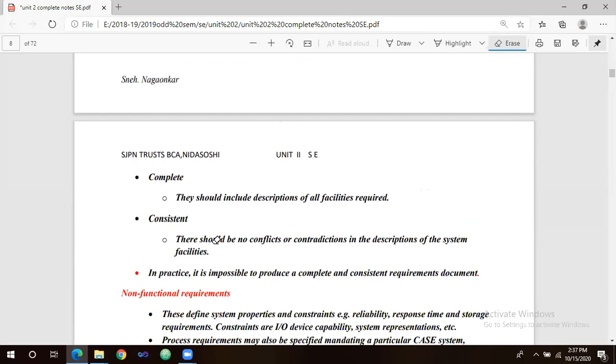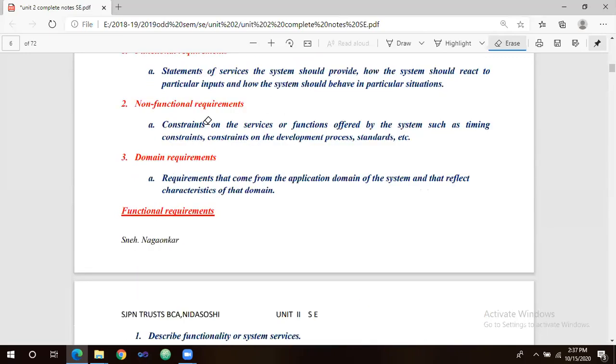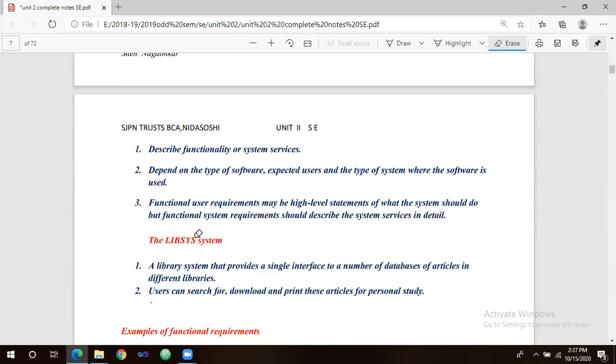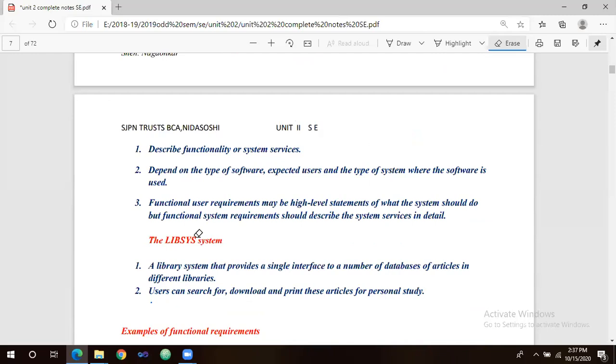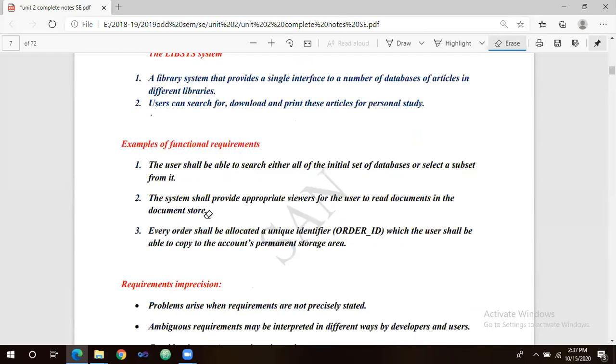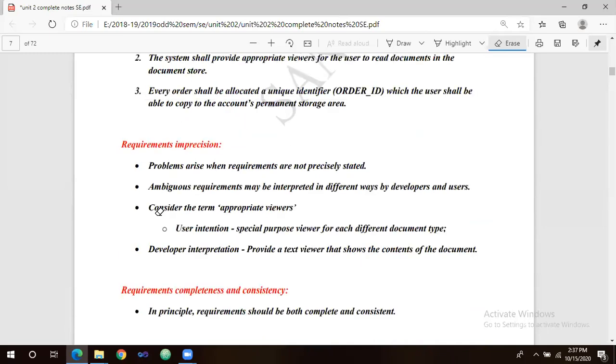when it is asked for 10 marks. When it is asked only for 5 marks, directly define what is functional requirement, and then you can directly go for this example. When it is asked only for 5 marks, saying explain functional requirements, you can directly go for definition and explanation, along with an example. If it is asked for 10 marks, explain, they will ask both.